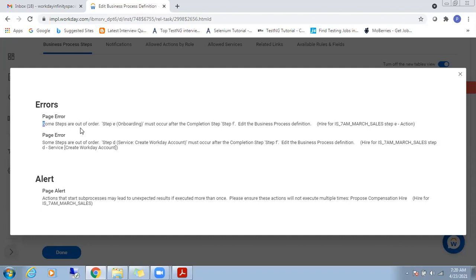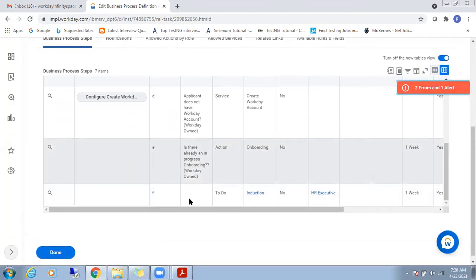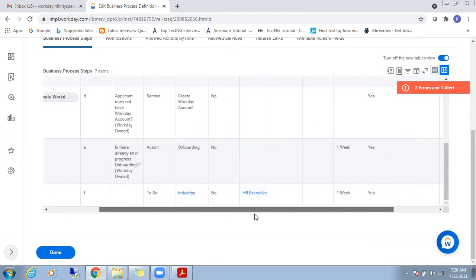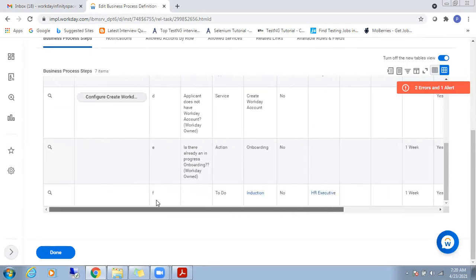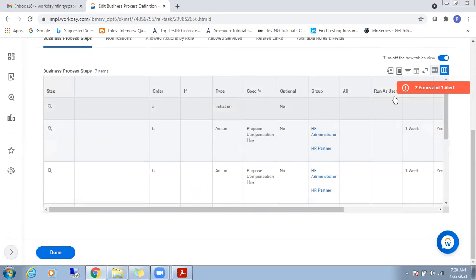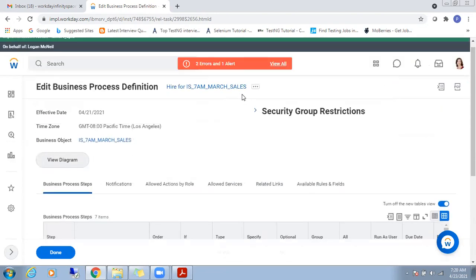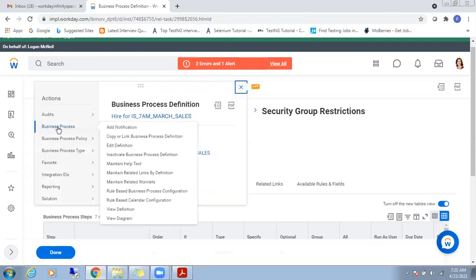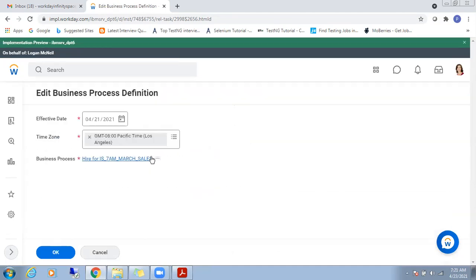Some steps are out of order. Step E, onboarding, must occur after the step completion F, at the business process definition. Let's try to edit this. Let me resolve this. This is an interview question also.